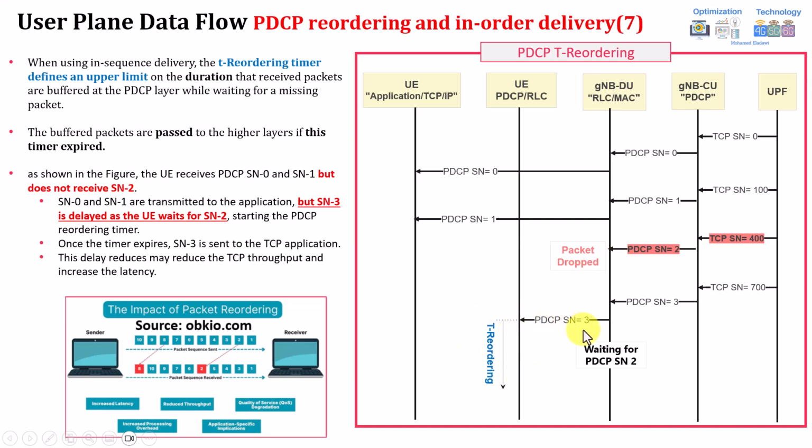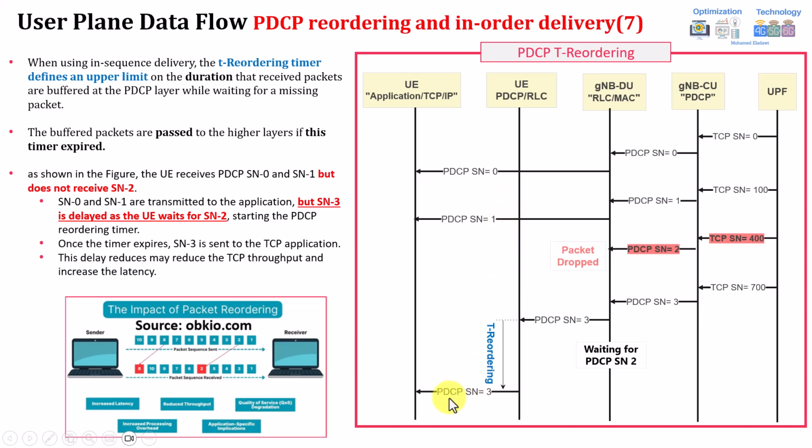See what happened. Once this sequence number 3 is received here, because the UE was expecting to receive 0, 1, 2, but it received 0, 1, 3, this is out of sequence. So the UE at the receiver will start this kind of timer. It's called reordering, and this reordering timer will start. For example, assume it's 100 milliseconds. Once it's expired, it will forward that part to the application layer with out of sequence delivery. This means that the TCP layer here will be receiving 0, 1, and 3.